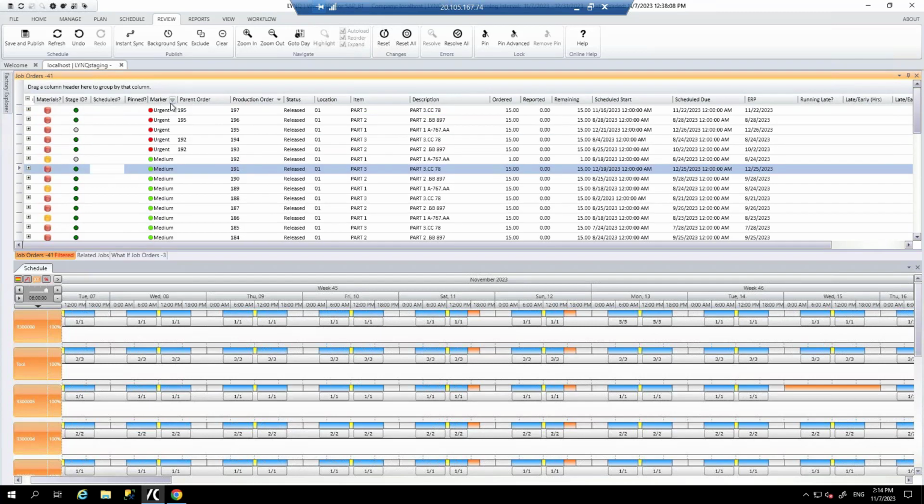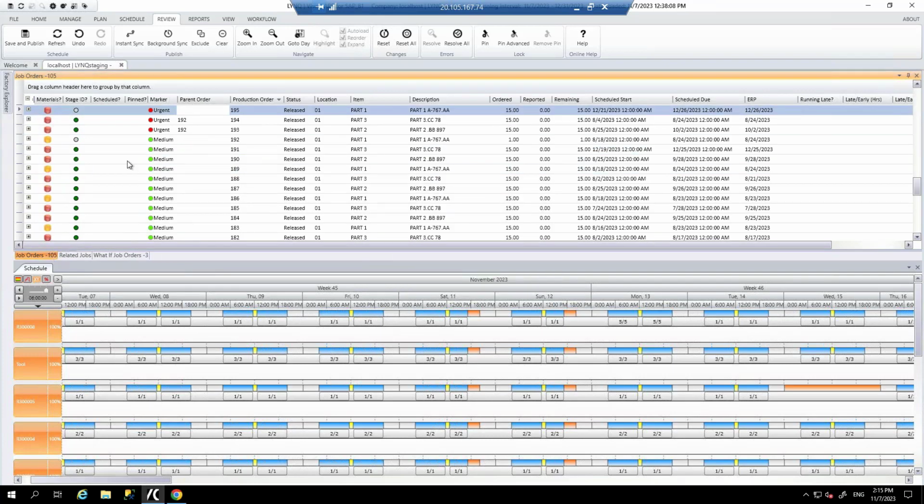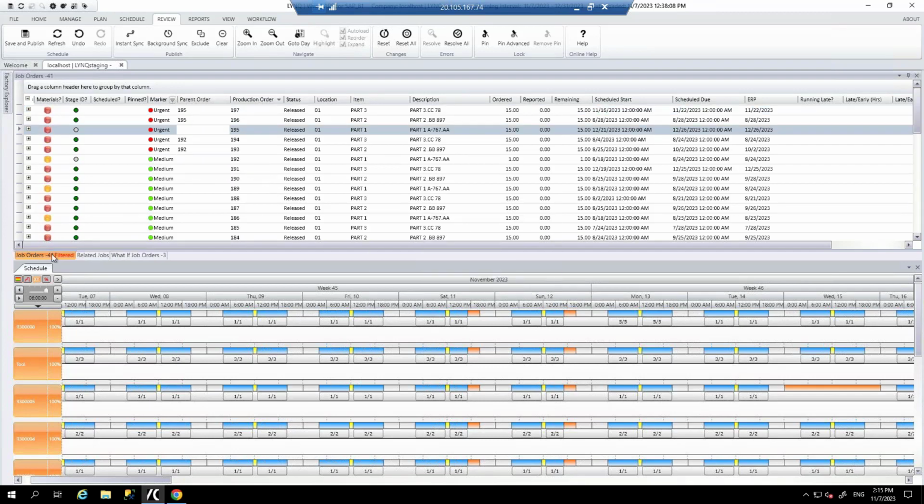And also I can apply filters to the data. Now I've applied a filter on this marker that I've created, and you can see I don't want to see any production orders that don't have a status on them. At the moment I'm looking at 41 production orders that are filtered, and if I remove that filter here, you can see I've gone back up to 105. So very easy to apply filters again to your data and to get to where you need to be. So then let's go back to that, back to 41.